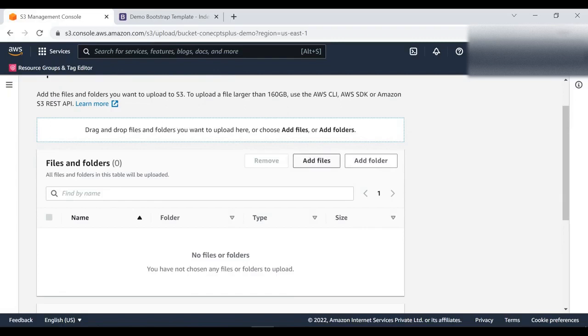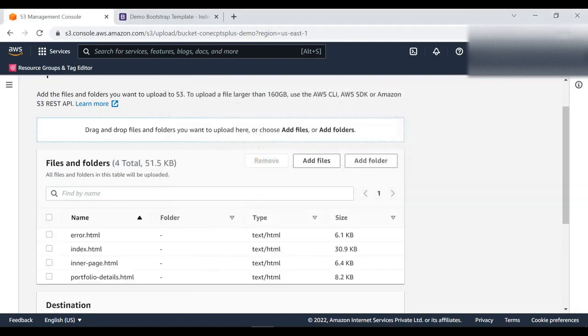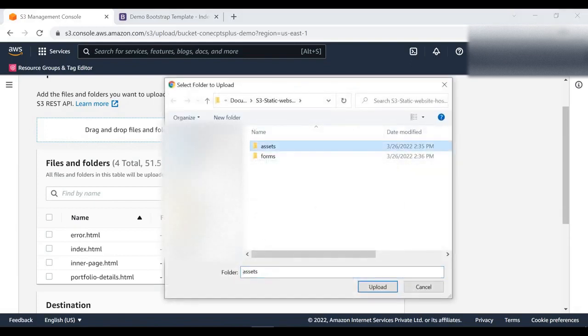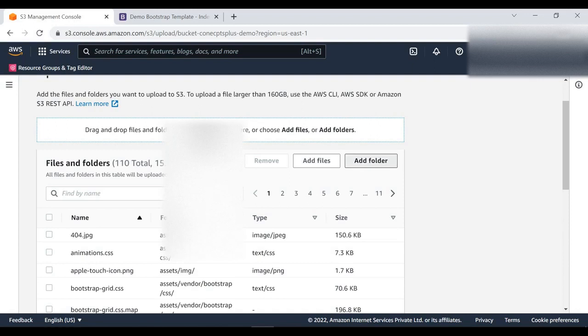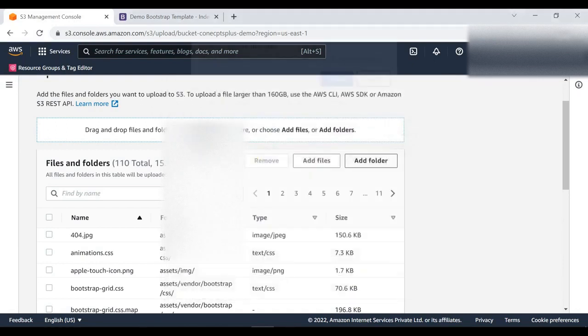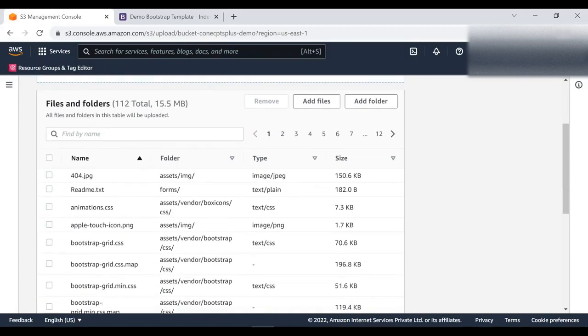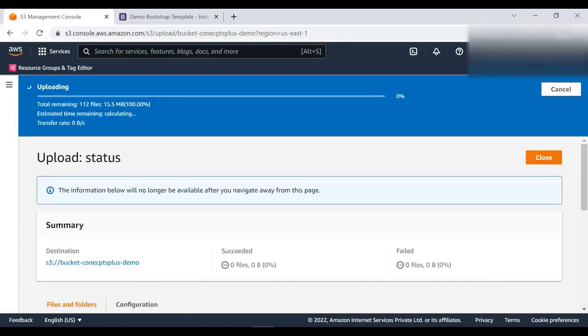Click on add files. First I will select all the files and then I will upload the folders. So let's select all the files first. The files have been selected, and now add the folder. I will add the folders one by one. First the assets folder, and now the second one, the forms folder. Click on upload, and it will start uploading all our files